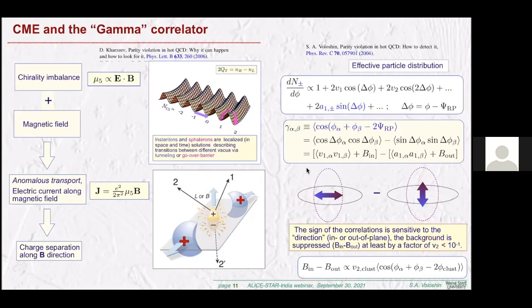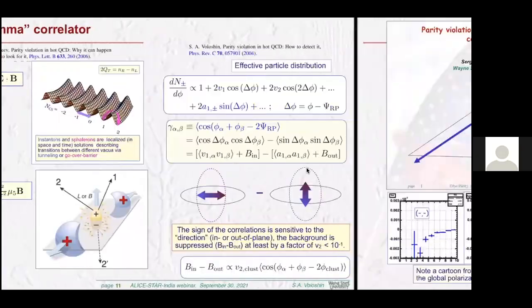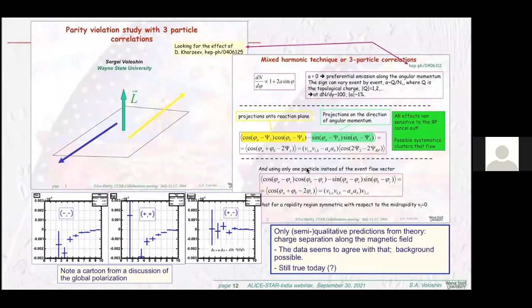And you can show that the only background which might exist for such a correlator, besides the CME contribution, would be proportional to elliptic flow, and that's very important. It was realized very fast, probably 3 weeks after the idea appeared in STAR, it was discussed, and